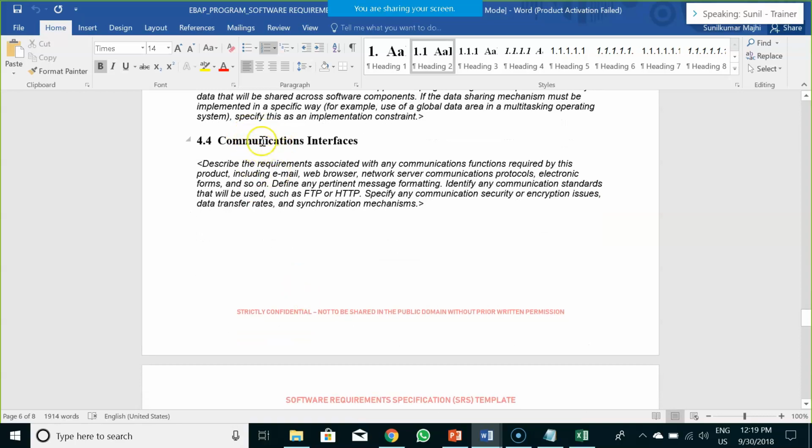Now if there is a communication happening between the interfaces, for example, you have integrated a payment gateway. So payment gateway would be your Visa, MasterCard, or American Express, and so on. So those kinds of things you can specify over here, like how your system would be interacting with the Visa, MasterCard, or American Express system.